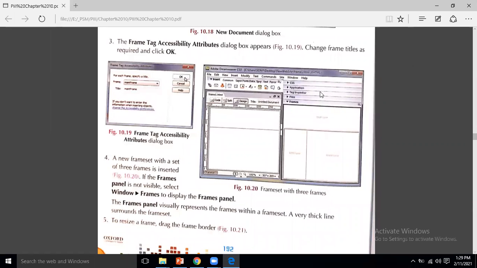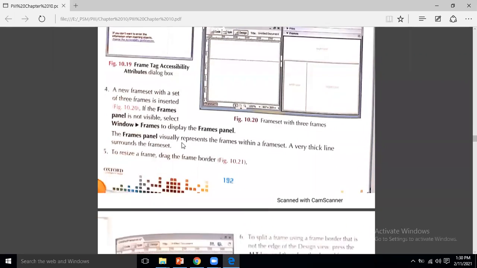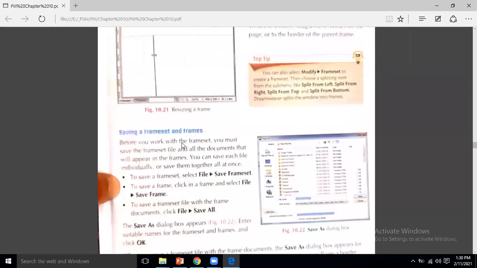When we insert the frame set inside, there are frames in which different files are opened. You know that each frame contains a different web link. It will be your own file from your local disk, or if you are using the internet. So of course you will be linking to another file. I hope that all these things are clear.